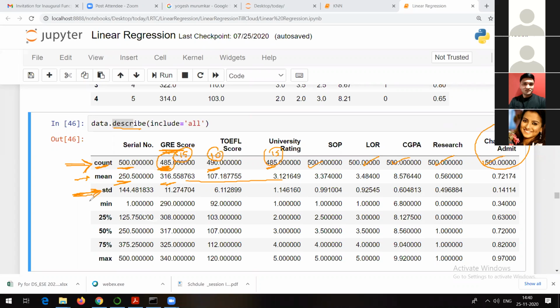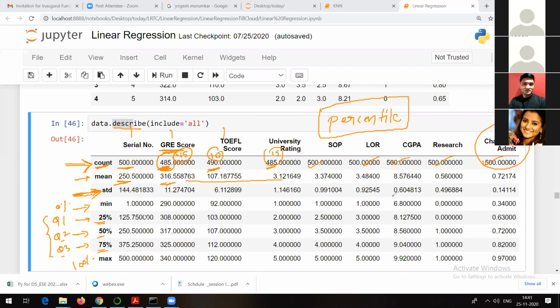Right? That's good. Another thing is, what is the minimum value from this column, from this column, from this column, and so on. What is this 25%, 50%, 75%? Actually, they are percentiles. So this is quartile 1, this is quartile 2, quartile 3, right? I can otherwise say it like this: 0 percentile, 25 percentile, 50 percentile, 75 percentile, and this is 100 percentile. I hope you are aware about quartile 1, quartile 2, quartile 3, or the general term we can make use of for this is percentile. Now, quartile 1 is 25 percentile, quartile 2 is 50 percentile, quartile 3 is 75 percentile.